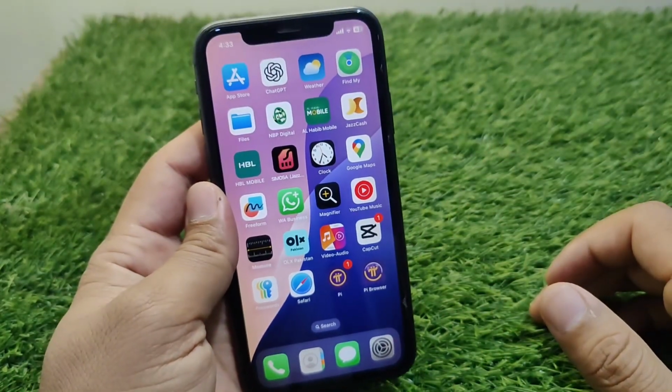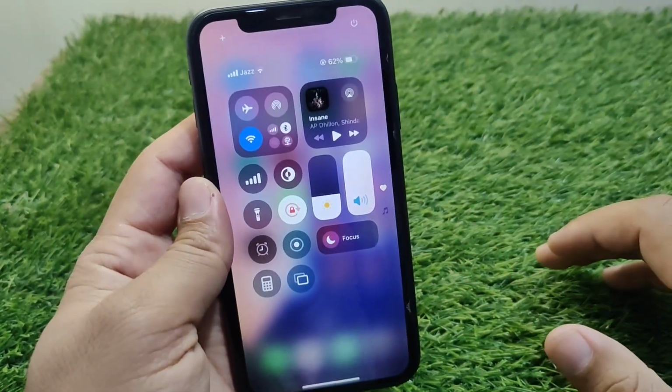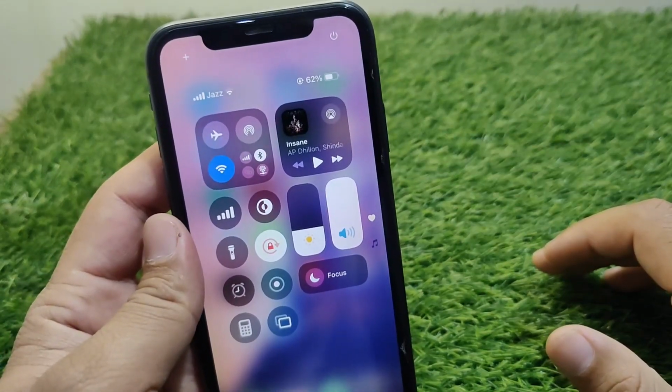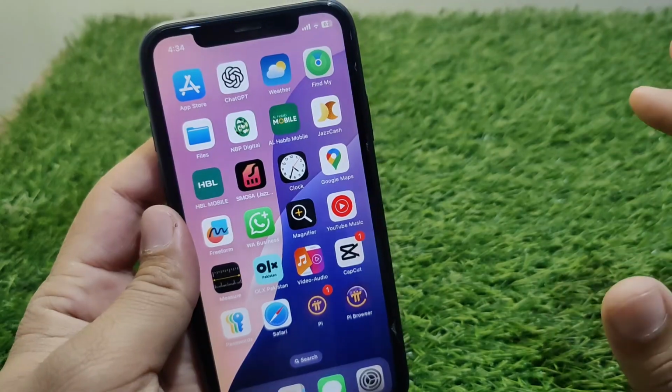So guys, first of all go back to your home screen and now drag down your control center and make sure that your internet connection is working properly on your device. So guys, do this and check if the problem is fixed or not, and if the problem is still there